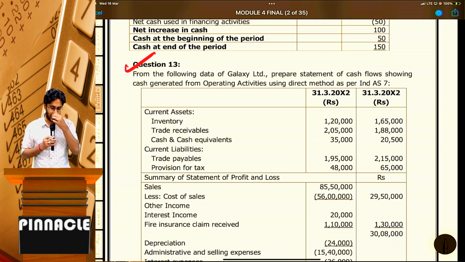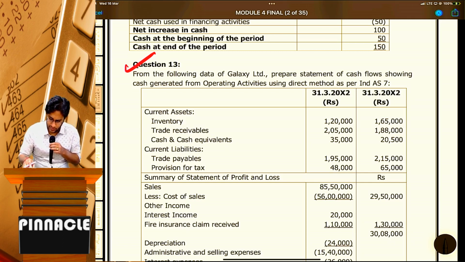From the following data of Galaxy Limited, prepare a statement of cash flow showing cash generated from operating activities using the direct method. Did you observe? In IPCC every question was on the indirect method. Here, almost the third or fourth question we are seeing is on the direct method. The reason is the standard gives more emphasis to the direct method. Anyway,